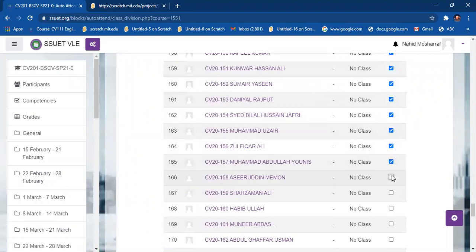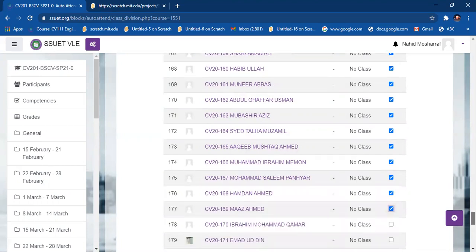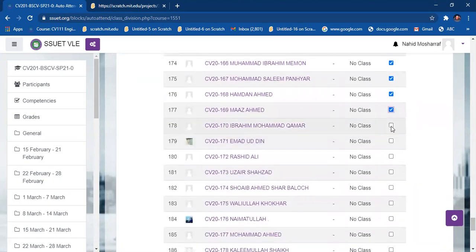So what I have to do is click or check mark on all the students who belong to section D. So let me do that, and this is 162, 165, 166. I have to do it manually because there is no option of select all here. Or if I select all, then all the sections will get selected.